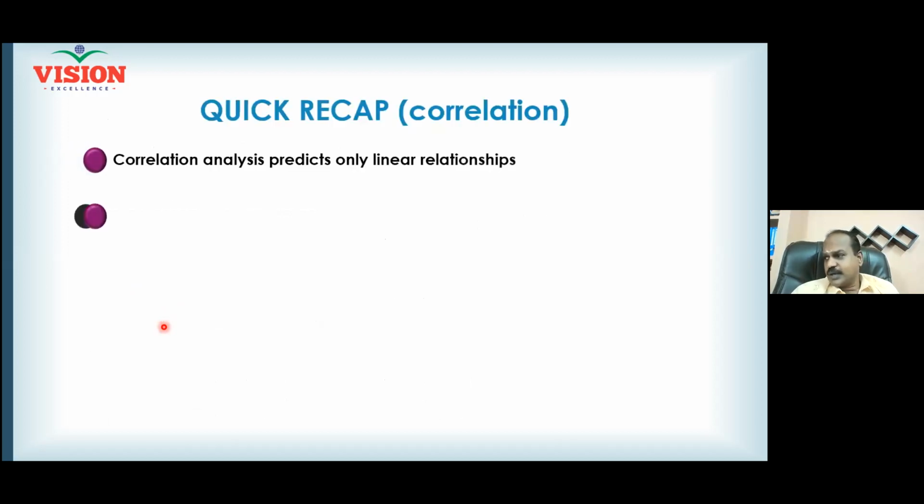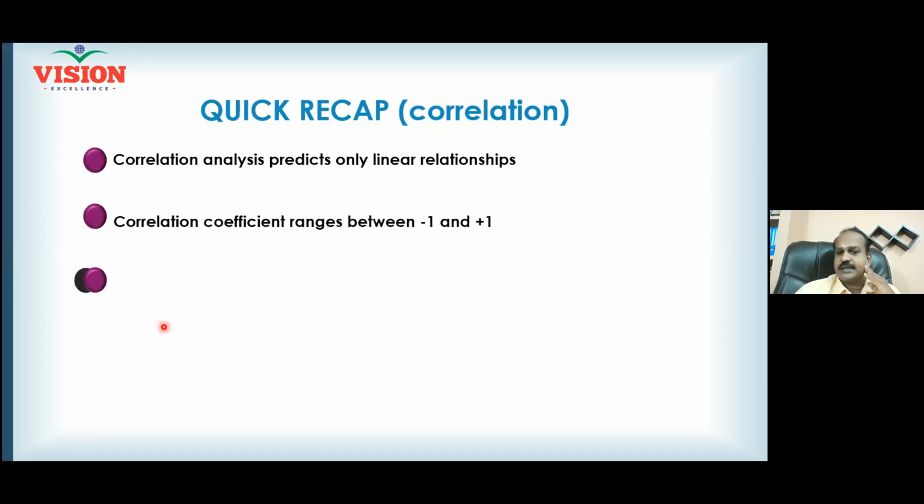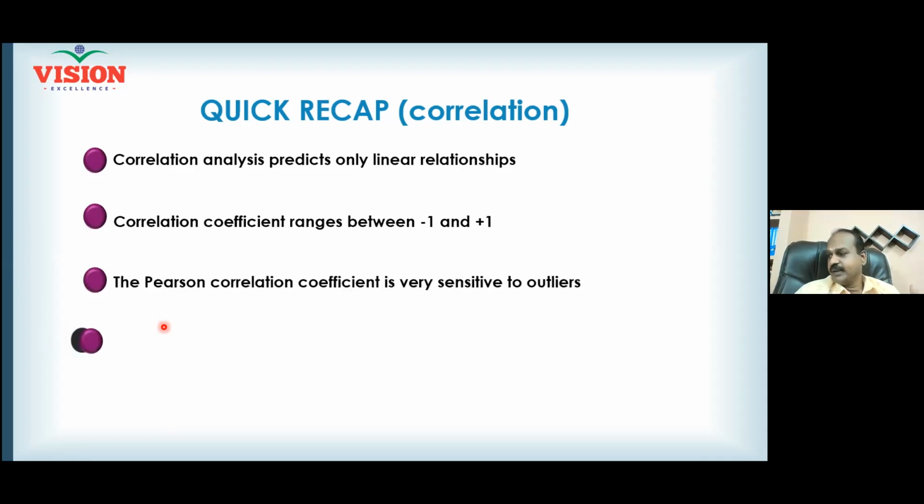Right. So correlation analysis predicts the linear relationship. Only the linear relationship is measured in the R value, particularly the Pearson correlation coefficient, that can range between -1 and +1, where -1 and +1 mean perfect linearity. The Pearson correlation coefficient is very sensitive to outliers. Whenever you have an outlier in your data, you know what is an outlier? The point that is far away from the center. When any point is far away from the center, better remove the outlier before calculating the correlation coefficient.